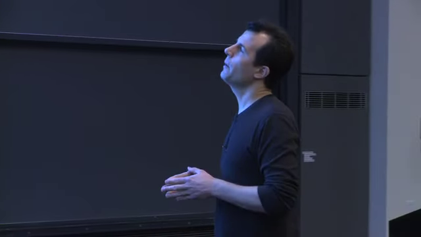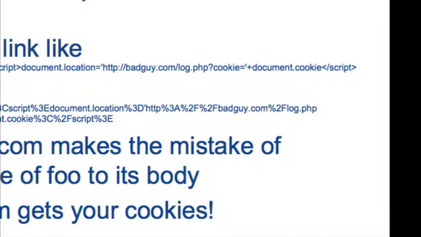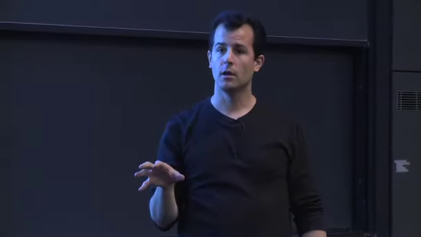But in this case, the bad guy is doing something kind of clever. He's sending the user to badguy.com/log.php for clarity, the idea being that he's going to log whatever he gets at this file. And the argument he's giving himself is cookie equals the concatenation of document.cookie. We also didn't talk about this, but it turns out that in JavaScript you can also access cookies. You can set them and get them, and they're all stored in an object called document.cookie. So inside this global document object, there's another object called cookie, and all of the key value pairs you have for this website's cookies are stored there.